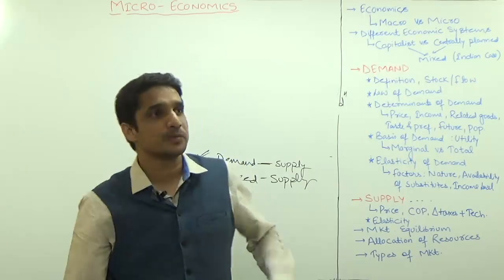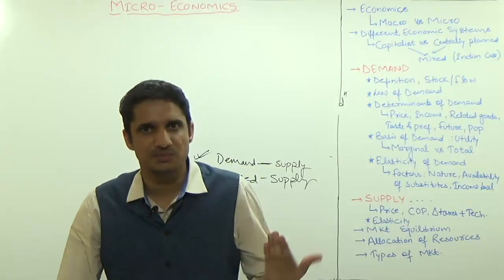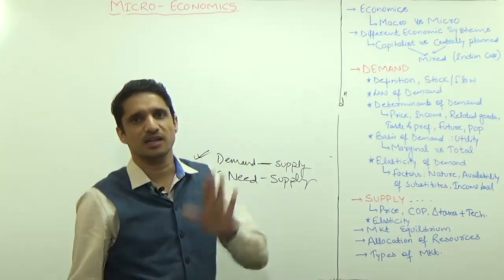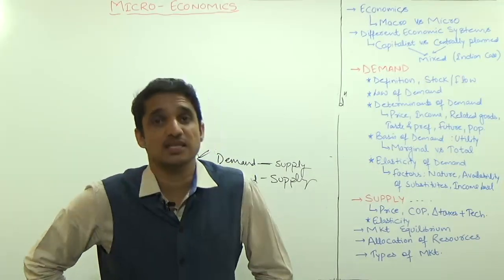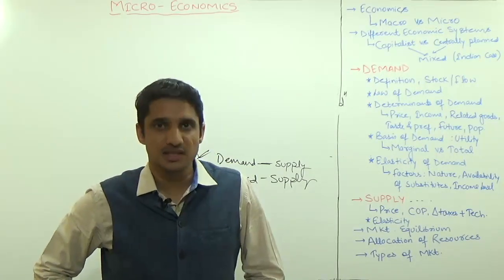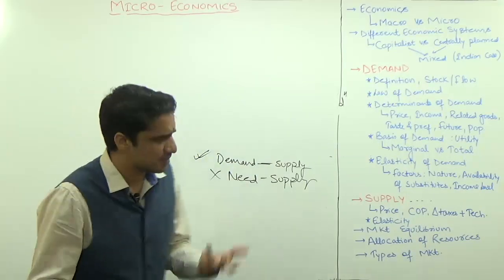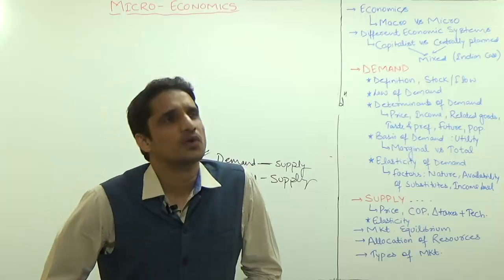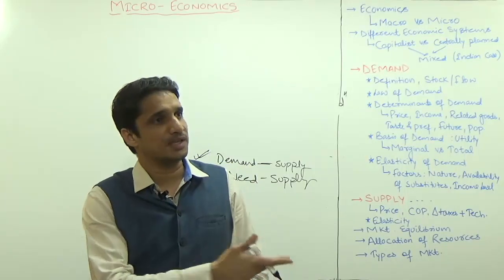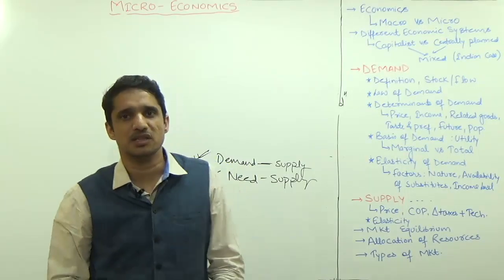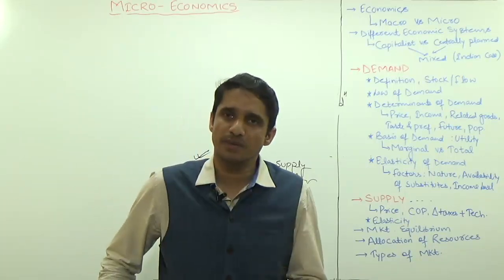Just like BSNL, in all the far-flung areas, suppose some forest is there, you may not get the signal of Airtel, Vodafone and these private companies. Most probably you will get the signals of BSNL. The reason is the government has to ensure social justice. Suppose there is some externality, for example in Naxal areas, these private companies will not create any infrastructure, they will not build the road. In Naxal areas, the road will be built by a government organization.